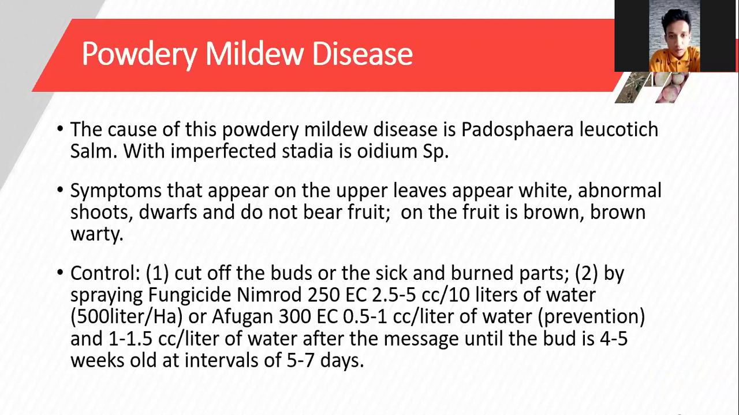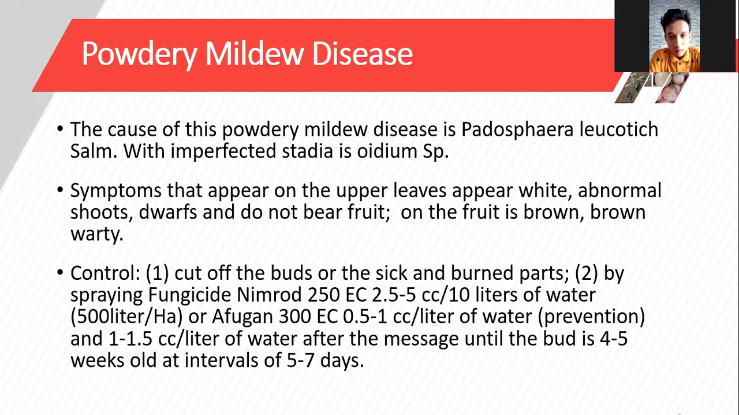The next is powdery mildew disease. The cause of this powdery mildew disease is Podosphaera leucotricha, with the imperfect stage Oidium sp. The symptoms that appear on the upper side are white, abnormal shoots, dwarfing. On the underside it is brown. To control, the first is to cut off the patch or the sick parts and burn them. Number 2, by spraying fungicide Nimrod